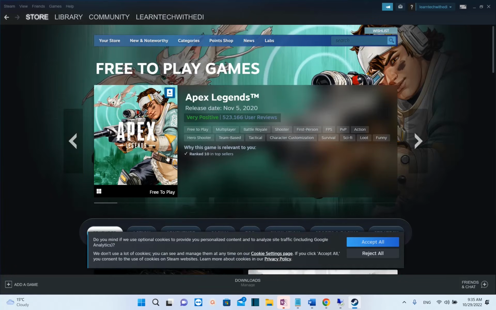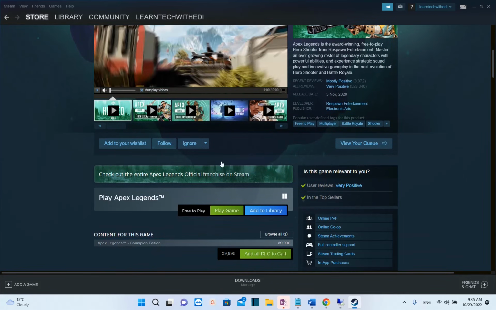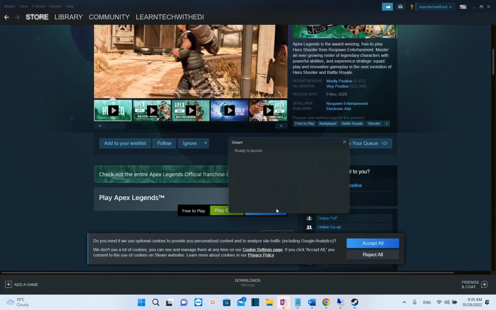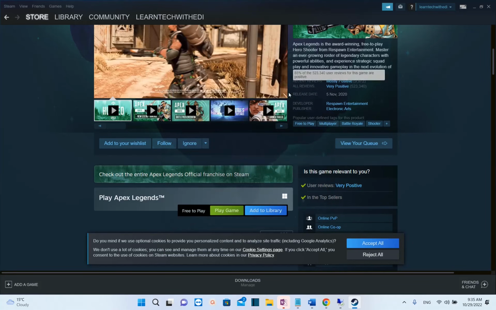on Steam. So let's suppose that you want to play this one, just click on it and then you follow the steps that you need to do in order to play the game. So I will just select play game, for example, here now, and now it will install Apex Legends, for example, on your PC. And the steps are pretty easy actually,